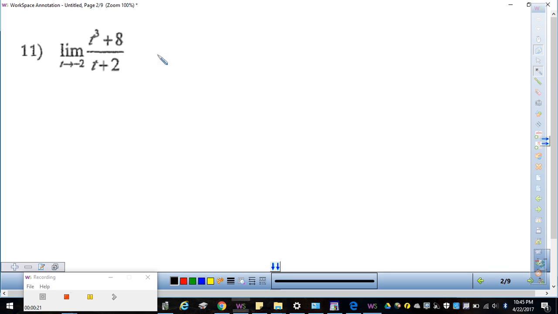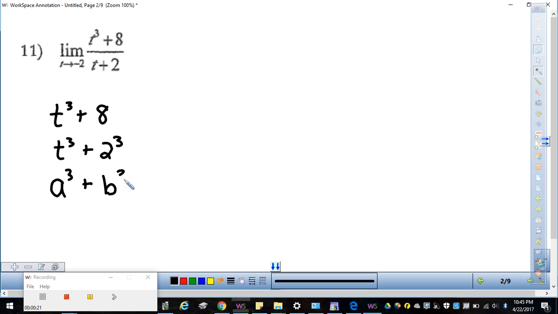Alright, so starting off with number 11, we want to find the limit as t approaches -2. First off, just trying to plug it in doesn't work because we end up getting 0 over 0, and so we want to factor. So the numerator, the t cubed plus 8, is in the form of a sum of cubes. We could rewrite it as t cubed plus 2 cubed. And remember the factored form of a sum of cubes, something like a cubed plus b cubed, is a plus b, a squared minus ab